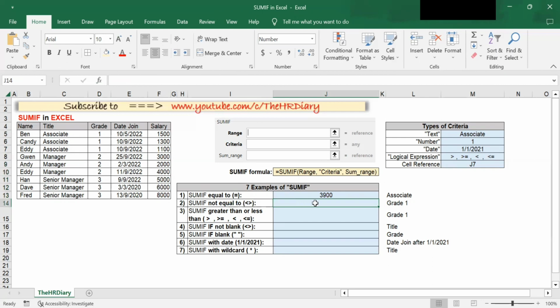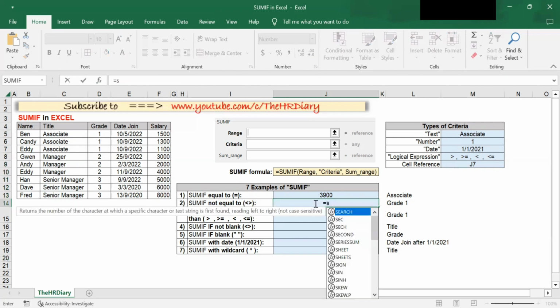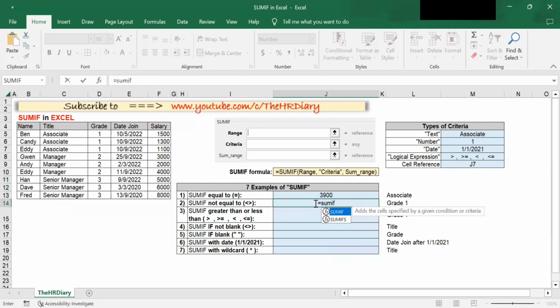This is the formula to use. So you type equal SUMIF, open bracket, then you select the grade column, which is D5 to D13 here, put a comma, open bracket, and then type these two in, comma, and then select this cell and close the bracket